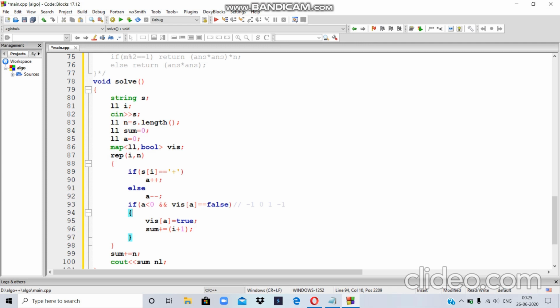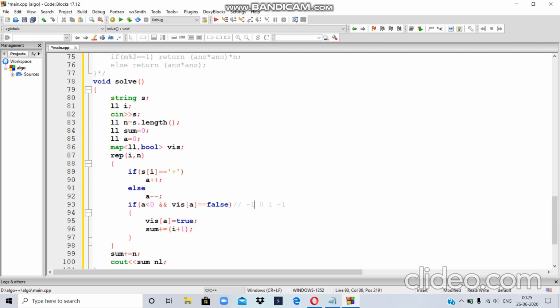Whenever I encounter a new negative value, and by new I mean it is not visited, if I am encountering a negative number like -1 that is not visited right now, then I will store that index.